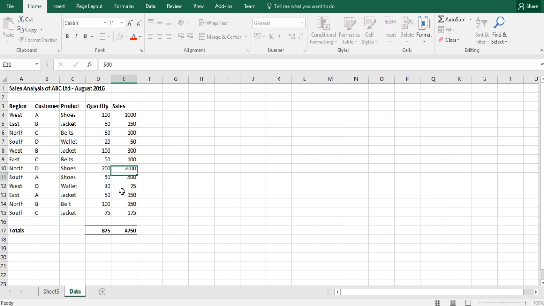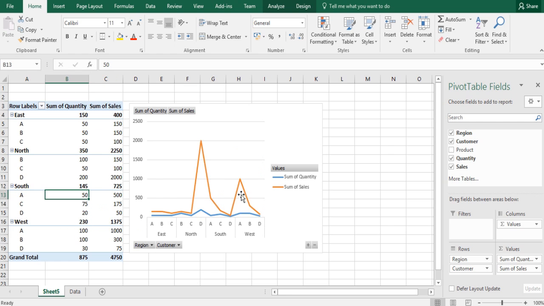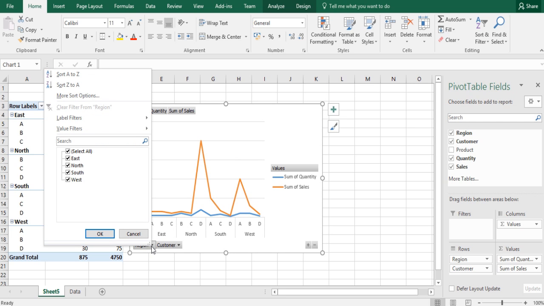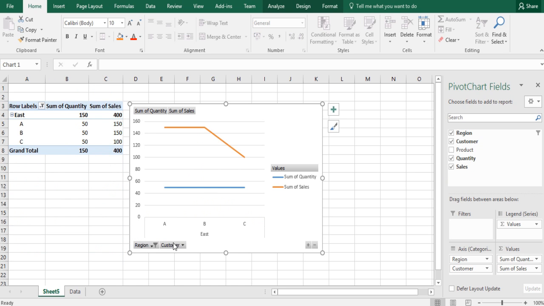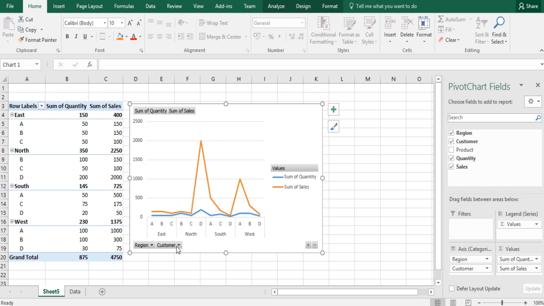So you will notice on the pivot chart there are various filter functions. These are very similar to the pivot tables and add a lot of dynamic to your charts. So we can filter by a specific region, or customer,